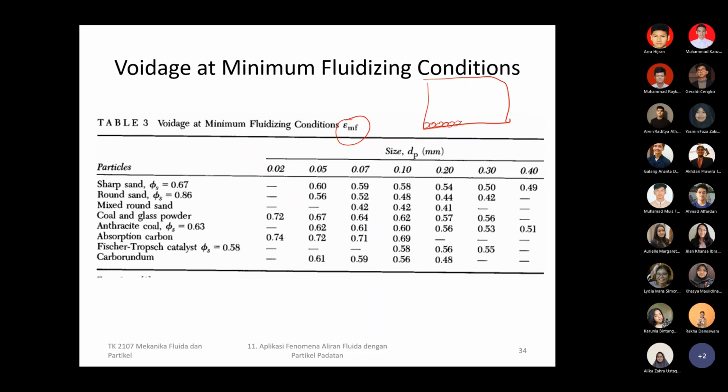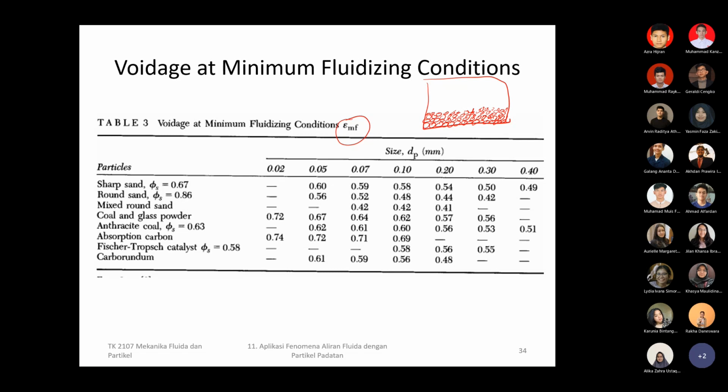Okay, at fixed bed condition, that means it's unmoved, that means it's dense. So if you have a dense spherical particle, the number can be calculated quite easily. But for you, I think the more important part is to get the idea about what is the roughly correct void fraction for fixed bed, for fluidized bed, and for minimum fluidization.